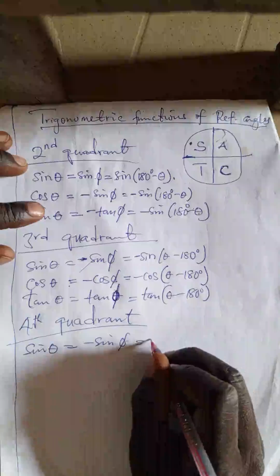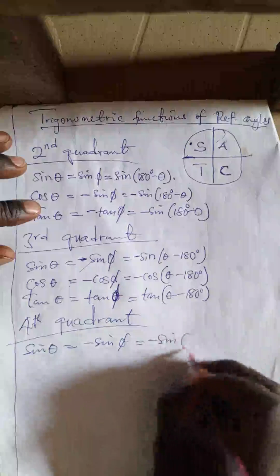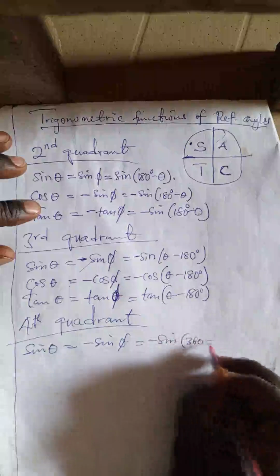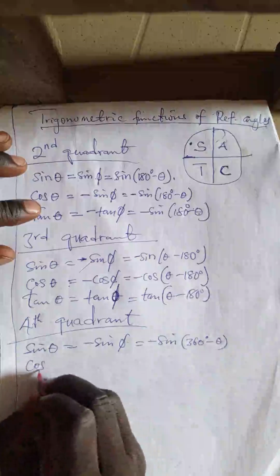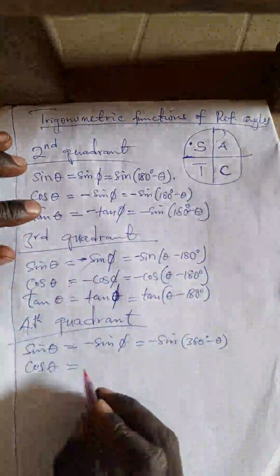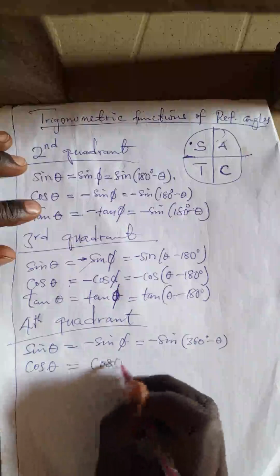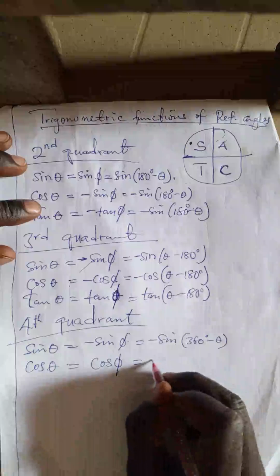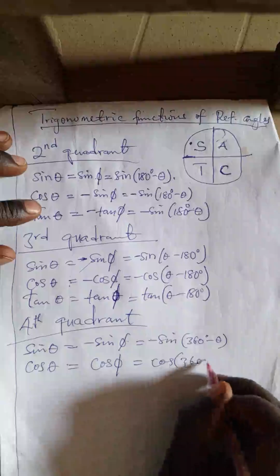And then this is equal to negative sine of 360 minus theta. And we have cos theta, because it is the only positive trigonometric ratio, so we say this is the same thing as cos phi, and this is equal to cos of 360 minus theta,